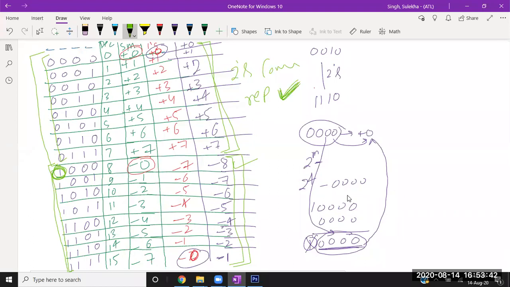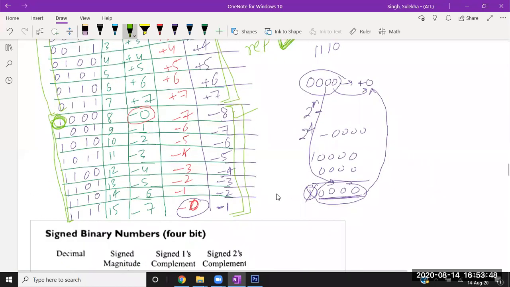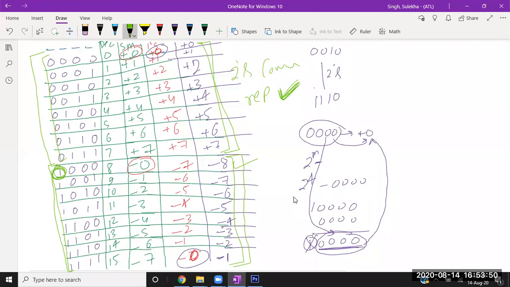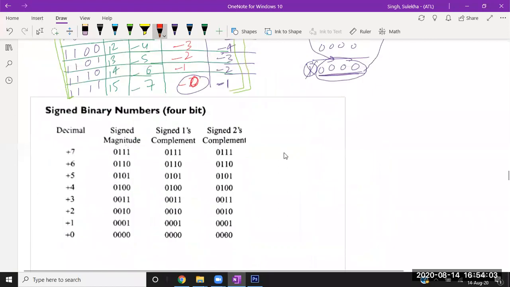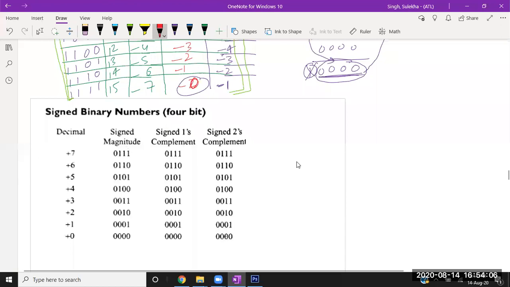So one doubt is, why are we representing our number system in ones and twos complement only? I can understand this doubt: we could represent in threes complement, fours complement, fives complement, and so on. But the thing is, you are dealing with a binary number system, where the value of R is 2. So in the binary number system it is either 2's complement or 1's complement.